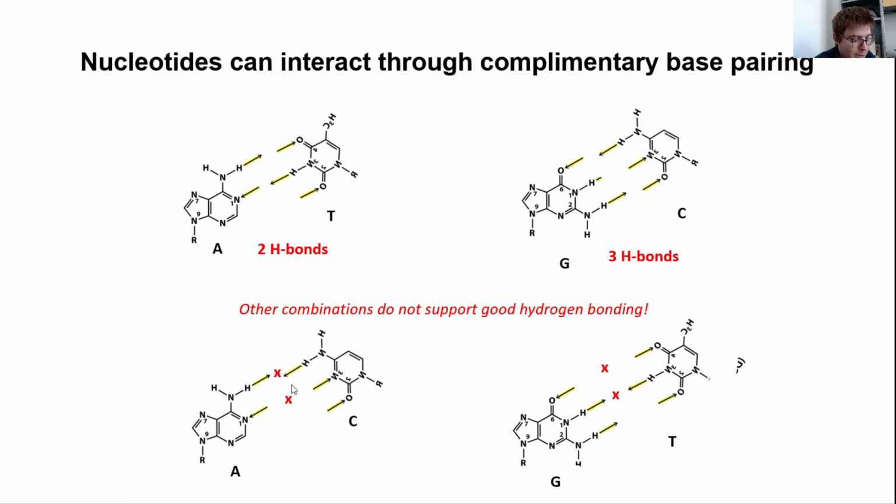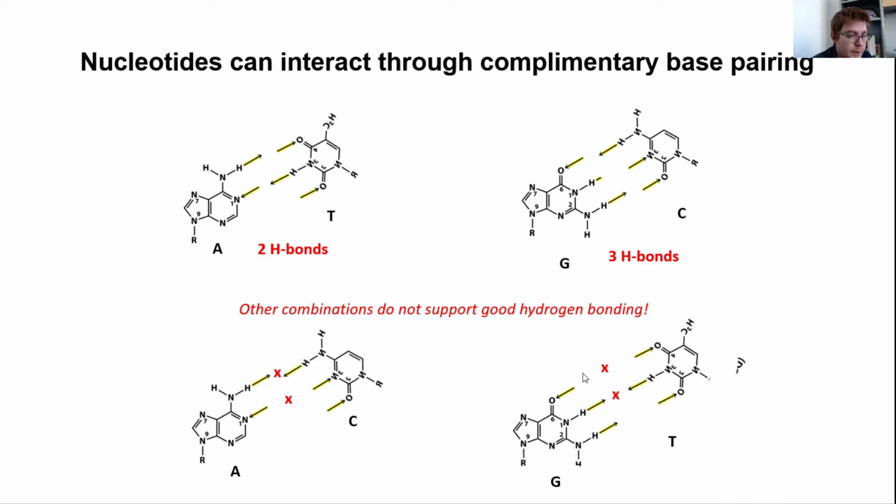pointing at one another. That's not really going to work because these are both donors, right? And same thing here, we've got 2 acceptors. They're not really compatible with one another. And similarly, if we try G with T, for example, we can see we've got 2 carbonyls. Those are 2 acceptors. It's not going to work. 2 donors. It's not going to work. Here, maybe we can make 1 base pairing interaction possibly between a G and T, but these other interactions are